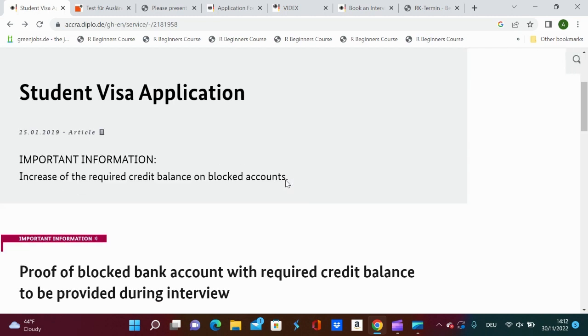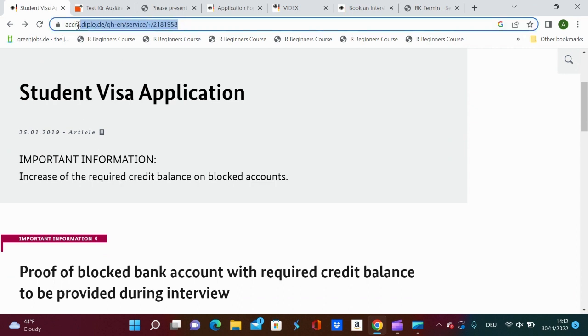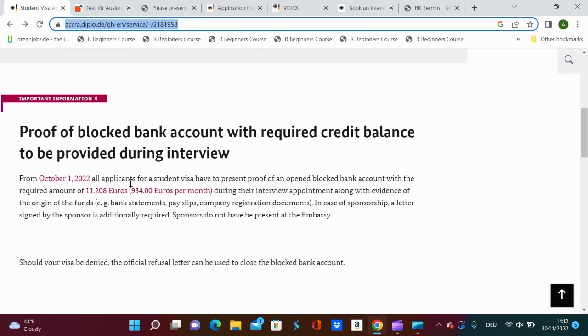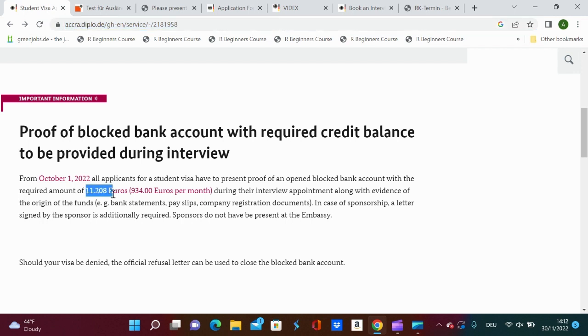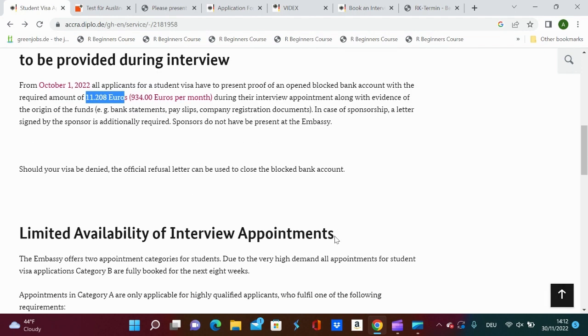So when you check my screen, this is the link, and this is the student visa application form. As usual, I've said that the blocked account has risen to an amount of 934 euros per month. So you should have almost 11,300 euros for a year seated in your account, and before you even get to the embassy, it should be transferred into a blocked account in Germany, before you even get to the embassy